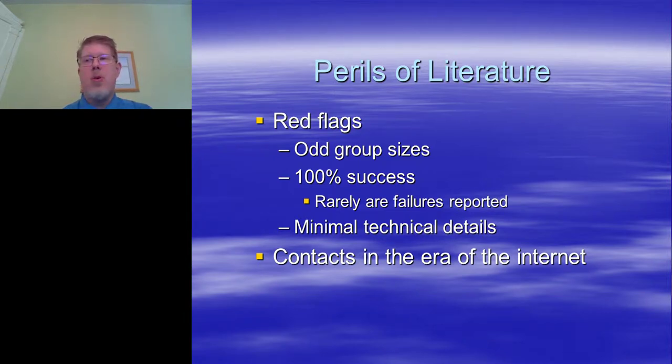And there are red flags. So when you're looking at an in vivo study, look for things like odd group sizes. If they have 7 groups and group 1 has 8 animals, group 2 has 3 animals, group 4 has 5 animals, and group 5 has 1 animal, it may be because those animals are very difficult to get. They're a genetic cross or what have you. My experience has been when you see that sort of thing in a paper, it's probably because they had a very high mortality rate and they're only reporting the ones that survived, which might call into question the procedure that